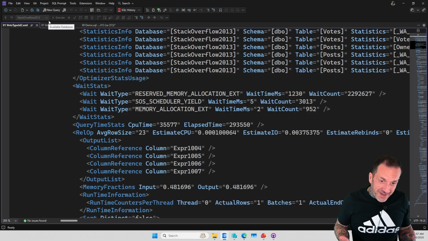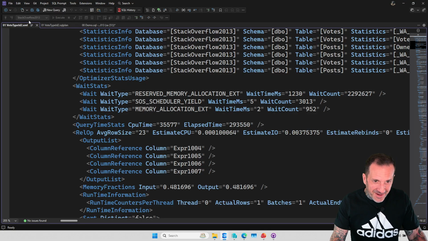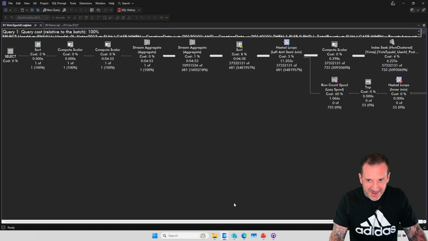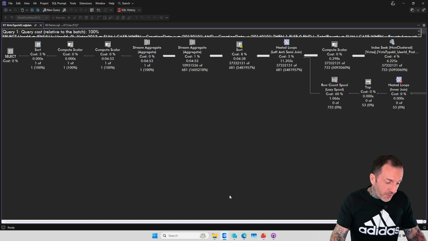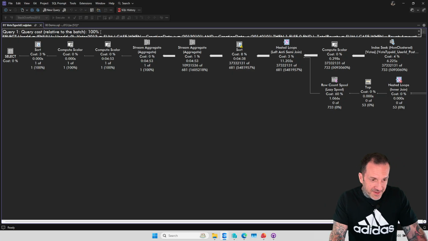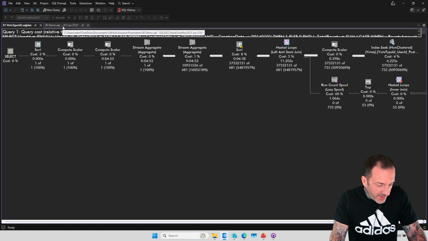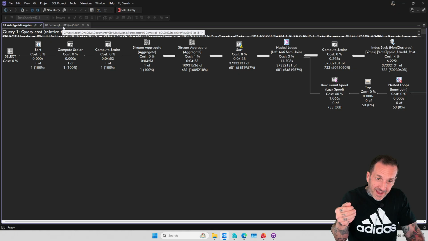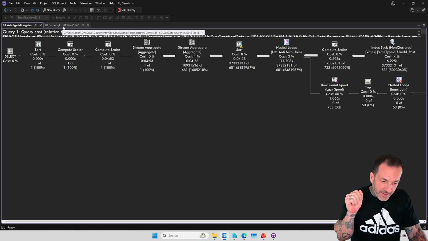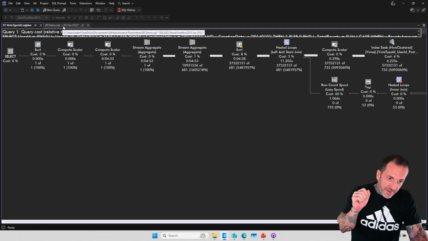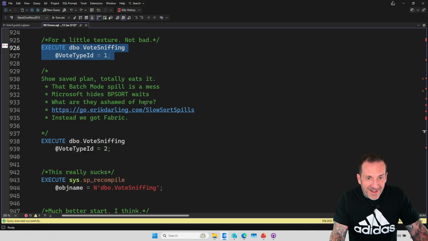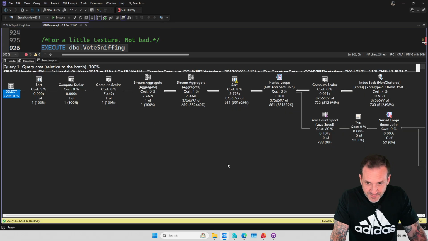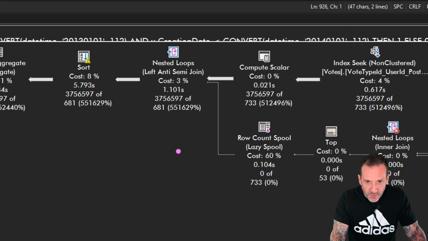Microsoft is ashamed of the wait stats for a lot of this stuff that goes on in here. In an honest world, we would see BP sort, which is the wait that crops up when we sort data in batch mode, and then we would see either sleep task or IO completion depending on the type of spill that we get. So this doesn't go well, and the plan for vote type ID 1 is equally noxious,